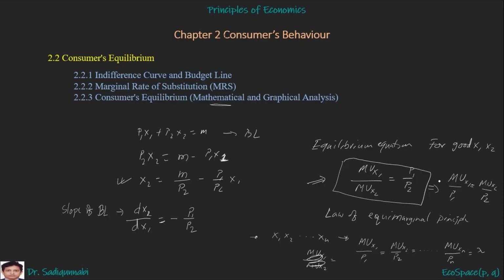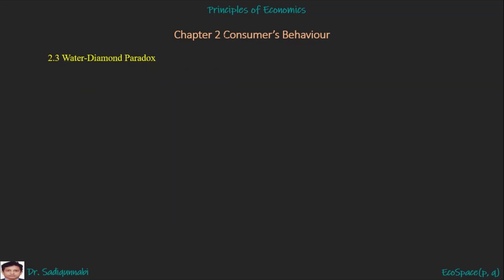Okay, now our final point is the water diamond paradox. Now, can you tell me what is a paradox? Paradox means puzzle, okay? Puzzle. Why is the water diamond paradox there? Because in the economy,